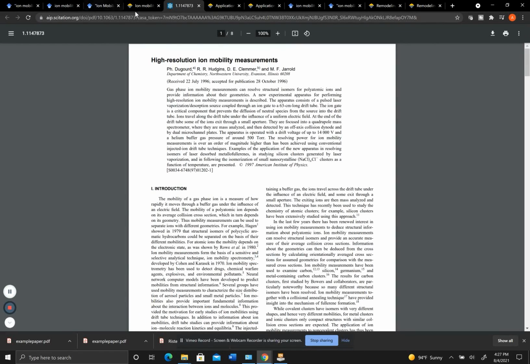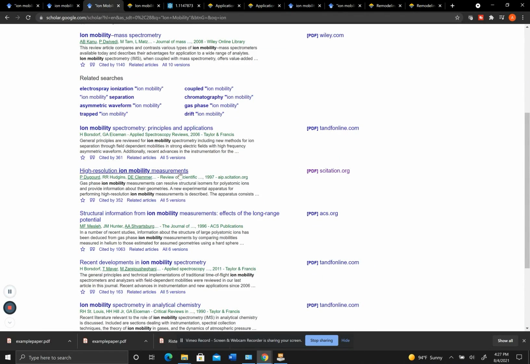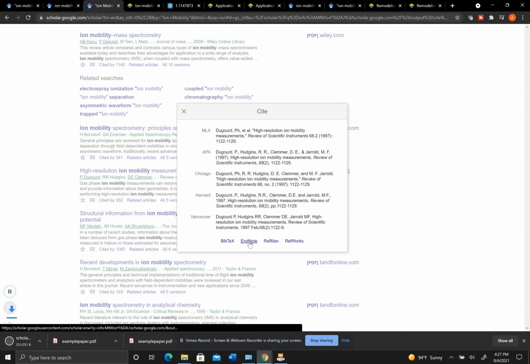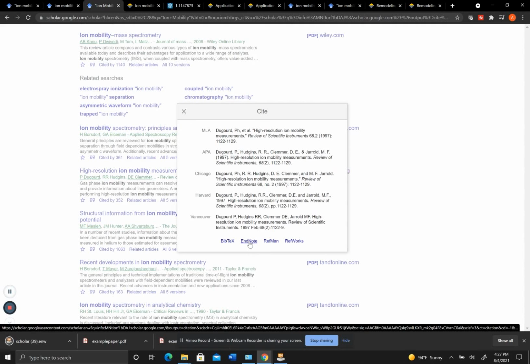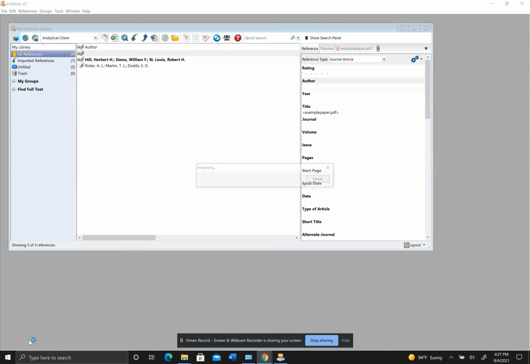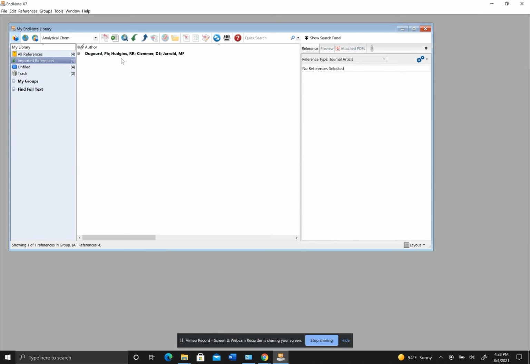If you get situations like this where you would now have to fill this out manually, one thing you can do is instead go back to Google Scholar. This is the paper that we're trying to cite, and you're going to hit these two quotation marks, and then you just hit EndNote. What this is doing is downloading the file with all the metadata for that particular thing. So if we open that up in EndNote, you can see we now have all that metadata in here. That's really easy to just bring in, but there's no attached PDFs.